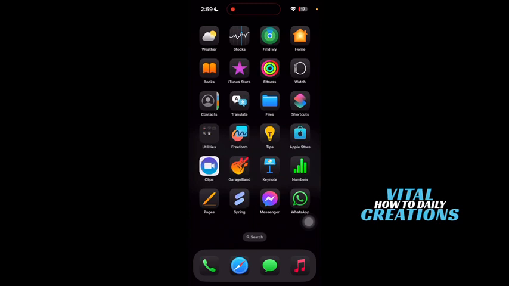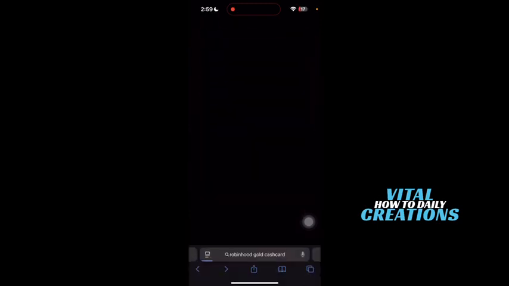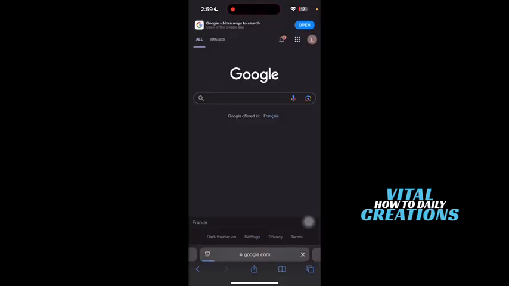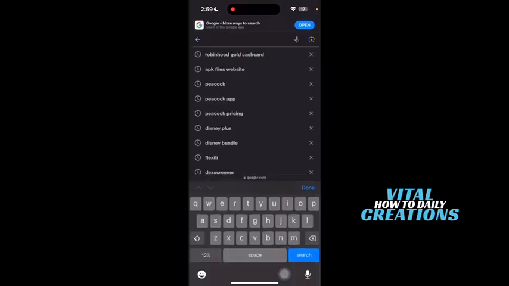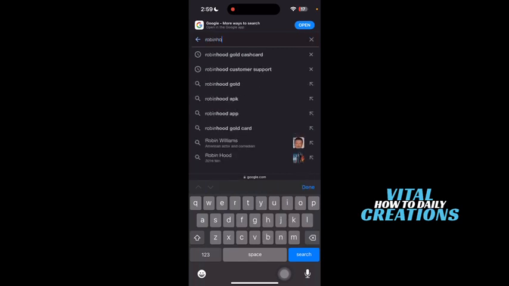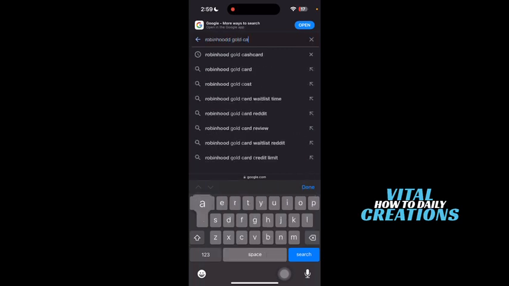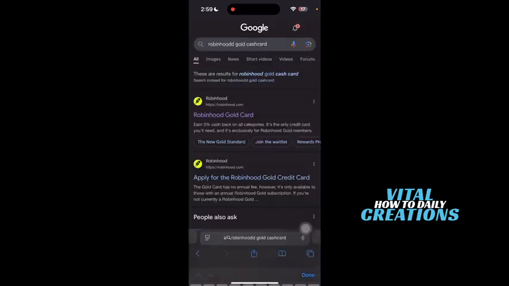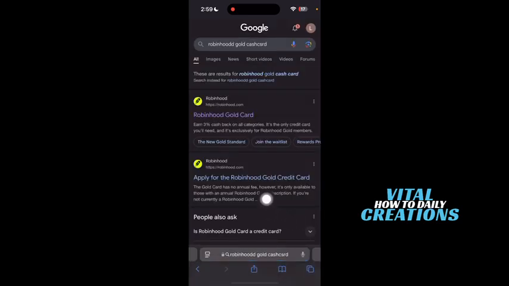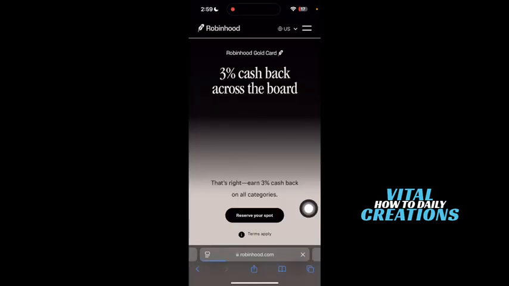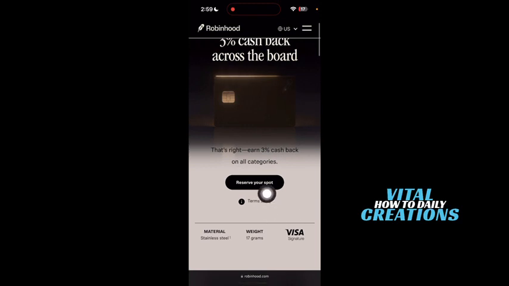So first of all, you just have to open up your internet browser and go to google.com, and here you have to search for Robinhood Gold Cash Card. And then you have to click on the first link or the second link which says apply for the Robinhood Gold Credit Card. I just click on the first one, and here you have to click on reserve your spot,